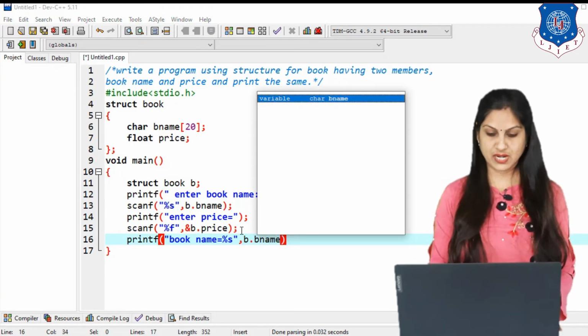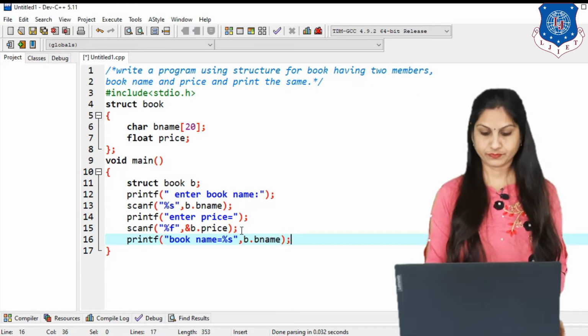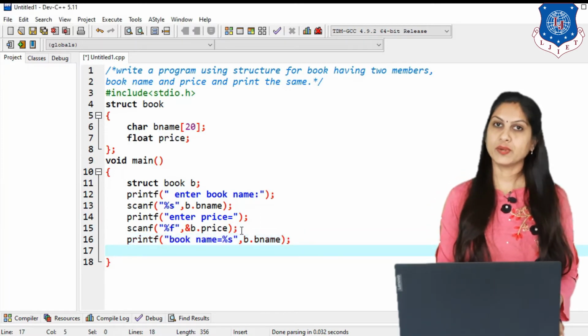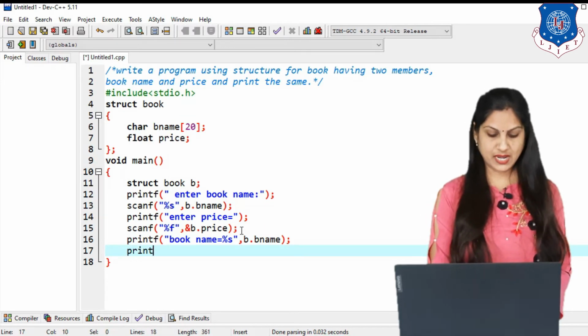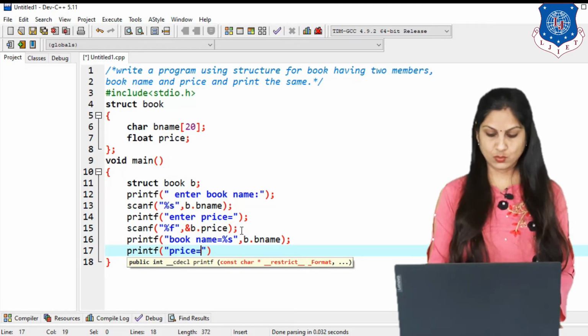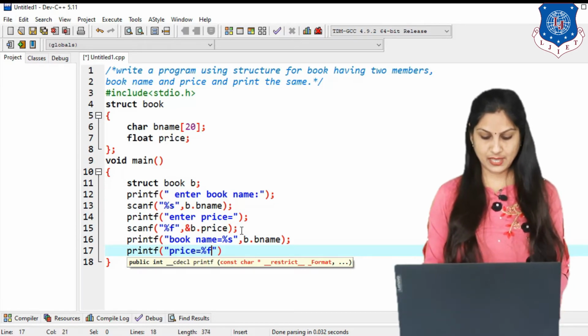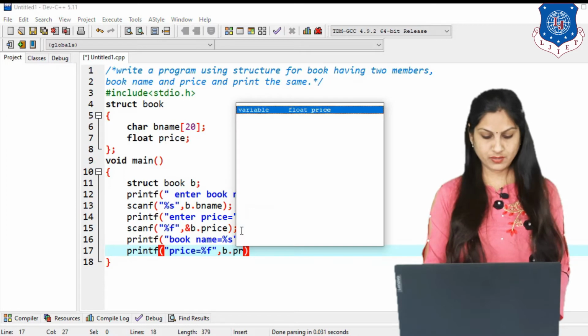Book name, so we write B name. Then again you use the printf function for displaying the price. So we write in printf price equal %f, because it is a float, and then comma b dot price.